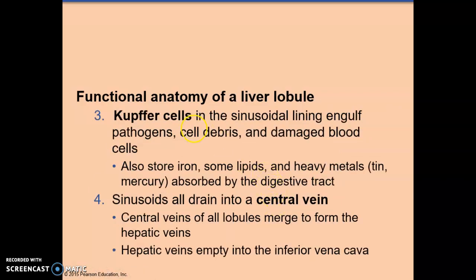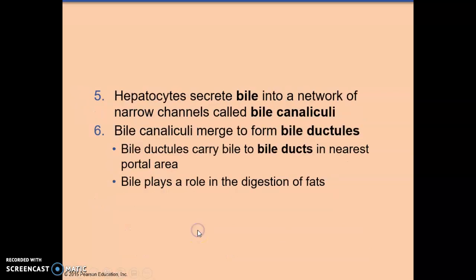In the sinusoids will be Kupffer cells, which are phagocytes. Iron is also stored, some lipids and heavy metals such as tin and mercury that are absorbed by the digestive tract. Sinusoids all drain into a central vein. The central veins of all lobules merge to form the hepatic veins, and these hepatic veins will empty into the inferior vena cava. Hepatocytes secrete bile,